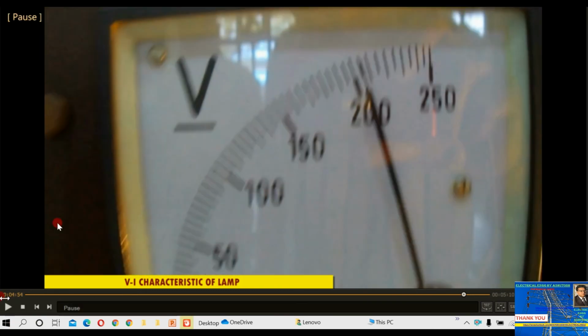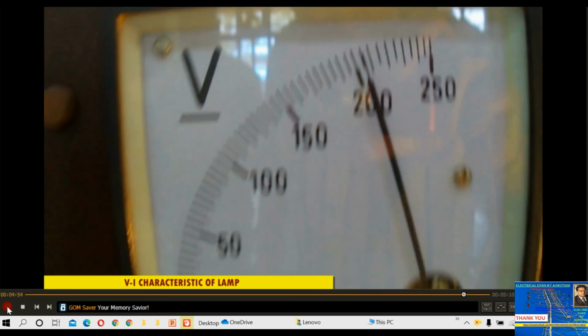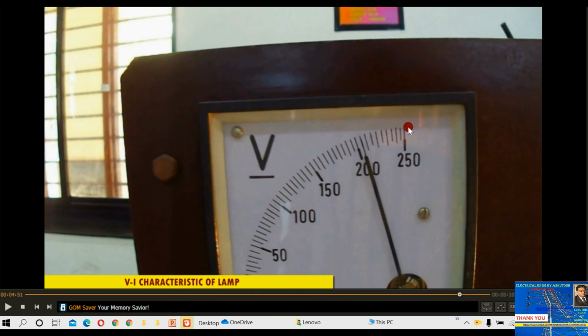So this is the DC voltmeter. One important thing about this DC voltmeter is that there is a uniform scale. You can see this is the scale, this is the pointer. Okay, this will be asked in the viva: what is the difference between a DC voltmeter and an AC voltmeter? There is a uniform distribution. You can see these divisions are uniform in case of a DC voltmeter.